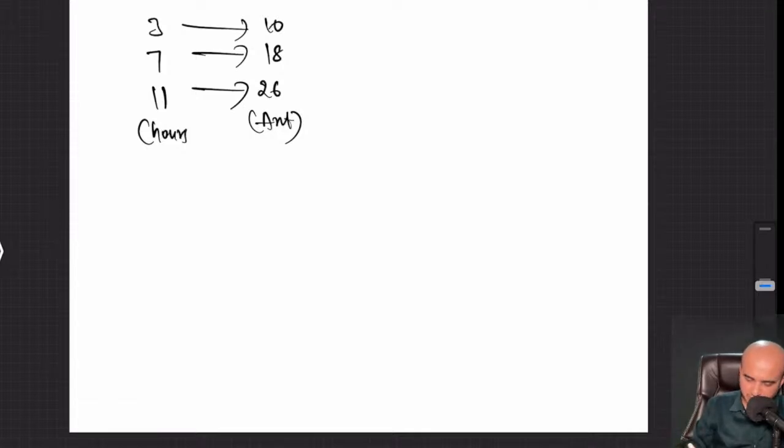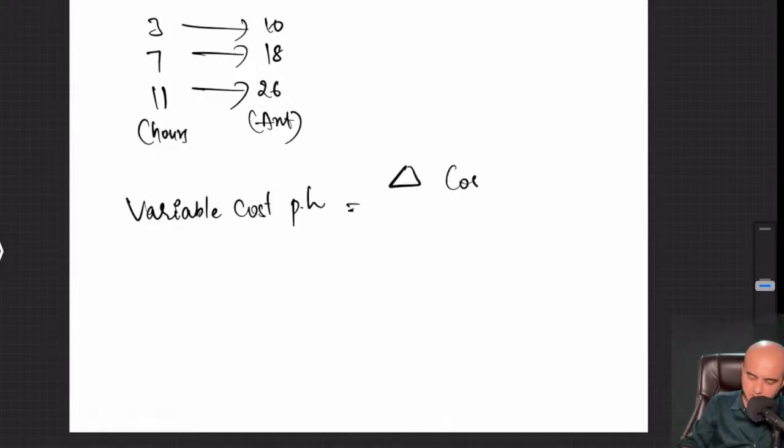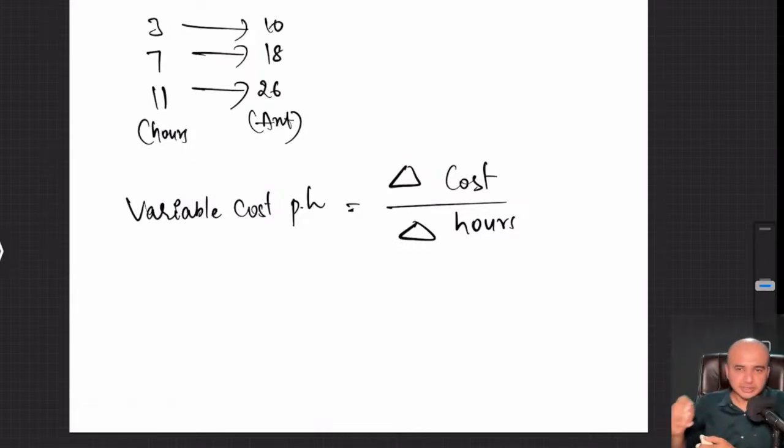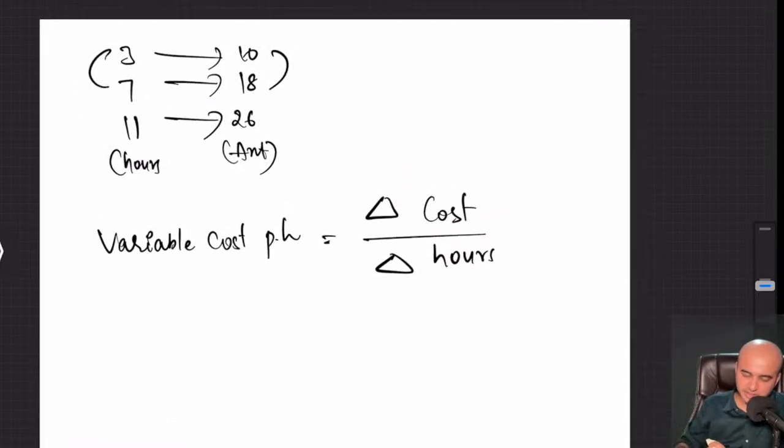So there is an easy formula actually. Variable cost per hour is nothing but delta cost divided by delta hours. Delta cost only means change in cost. Delta hours only means change in the number of hours. So if you take these two as examples here, if I have to extrapolate the same thing here, then what we can do is